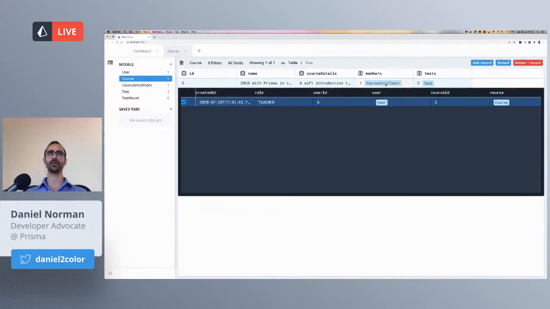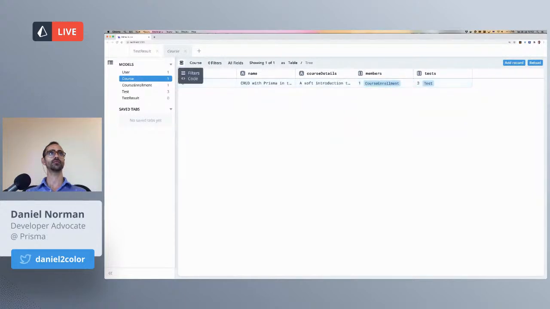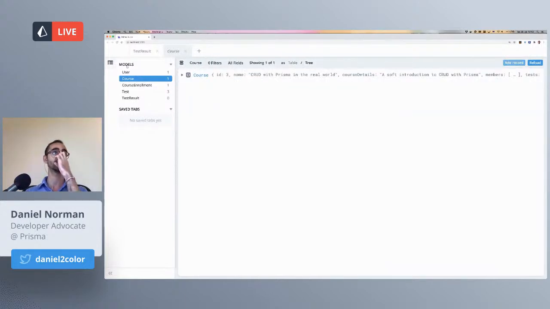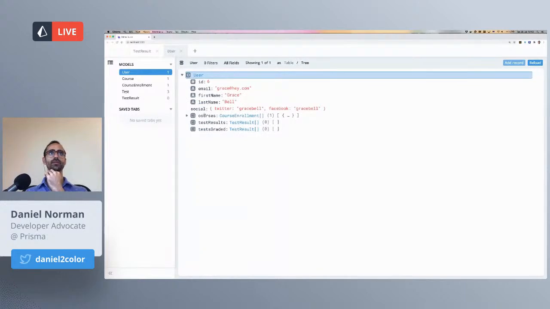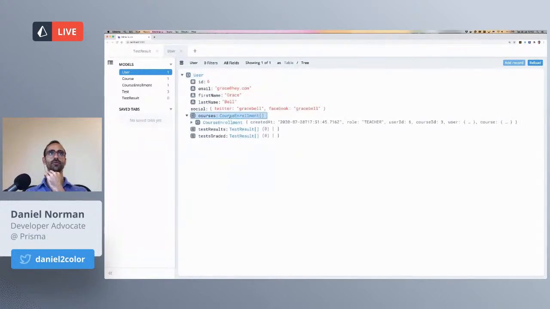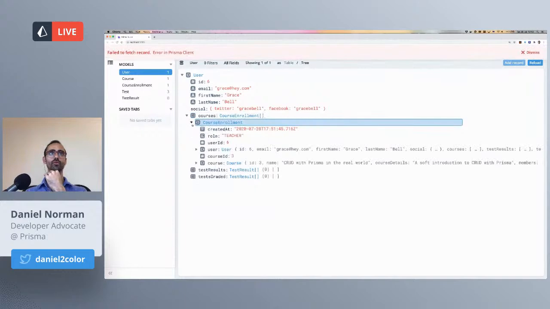If I double click that, then I can see, actually I think there's a tree view, which is a bit nicer to traverse relations. So let's start from a user and go to tree view. So we have this user, and then this user is associated with courses through the course enrollment, and she's a teacher